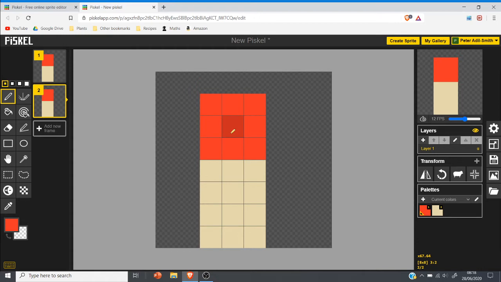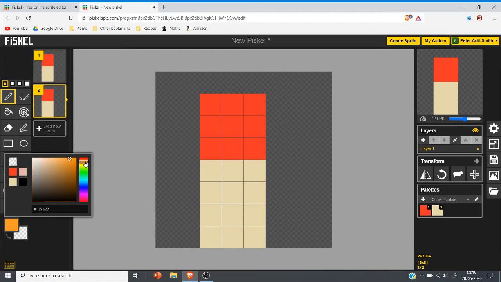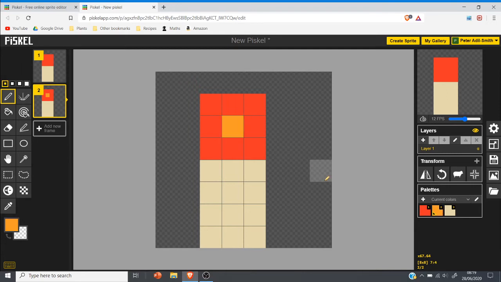So now it's just going to be solid because I've got the same picture in both of them. What you could have done actually is duplicated the frame to save you drawing it from scratch. So again, it's worth just looking over what these different things do and how to make it easier. This time we're going to change this to like an orangey colour. There we go. And now we've got a flickering flame, and you can see you can slow this down,